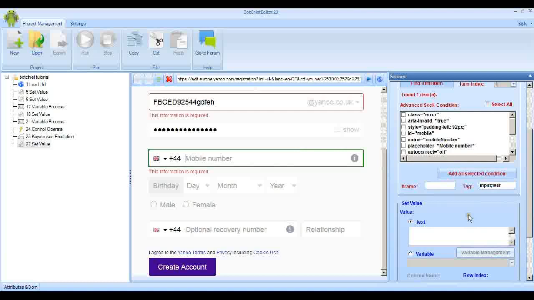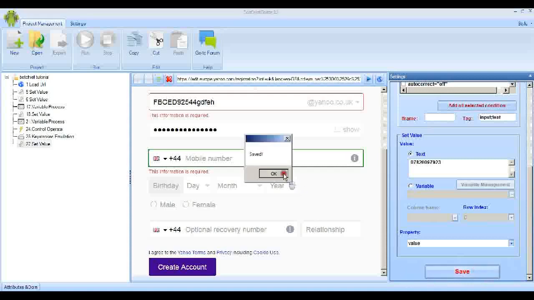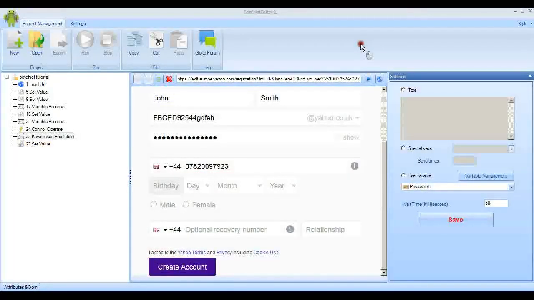And we'll just tell it to put any old number in. Oh, yes, and there we are, and we can save that. So let's check that that works. If we right click that value and click test run, and there it is, the phone number's entered in. So now we need to enter the birth date